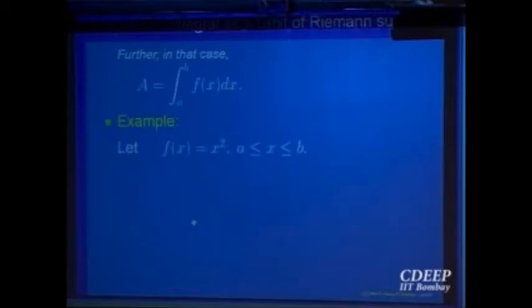But let us look at an example to show how this definition works. So let us look at the function f(x) = x² in the interval a to b. What I want to do is construct a sequence of refinement partitions, right? And look at the Riemann sums S(P,f) and show that they converge to something. And that will be the integral of the function x² over the interval a to b. So we know the method of constructing refinement partitions: divide the interval into 2ⁿ equal parts. So let us take that.